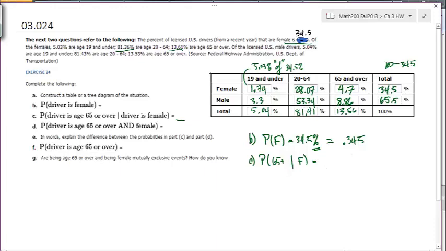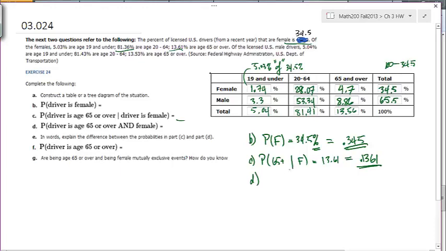So we can just copy that answer down here, 13.61, or as a decimal, 0.1361. Okay, so both of these answers were obtained from the original problem. Okay, part D,